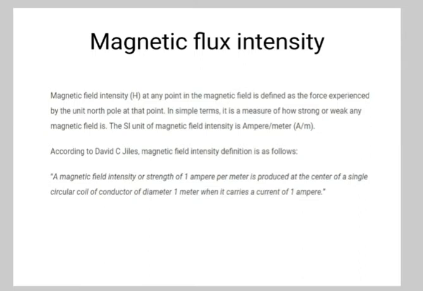So in electromagnetics, the term magnetic field is used for two distinct but closely related vector fields, denoted B and H. So H is magnetic field intensity, or we can say magnetic field strength. It is measured in the SI base unit of ampere per meter. Ampere per meter only.